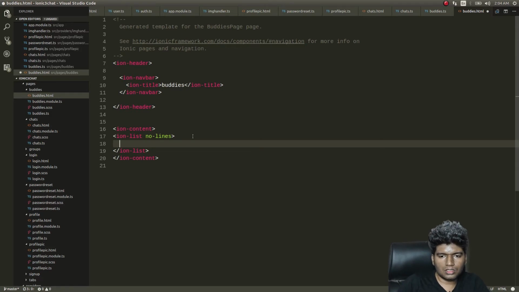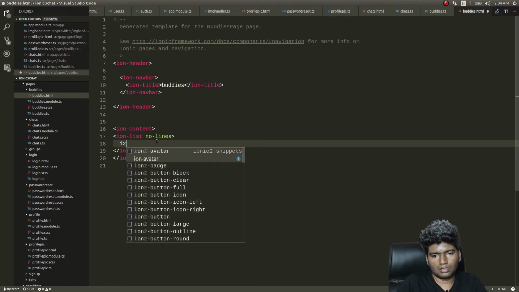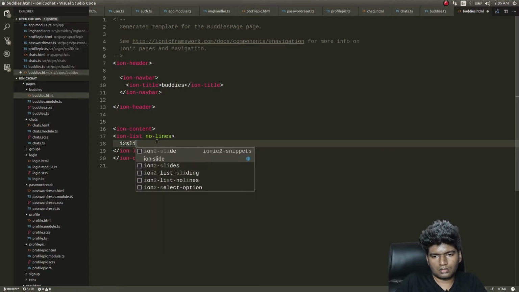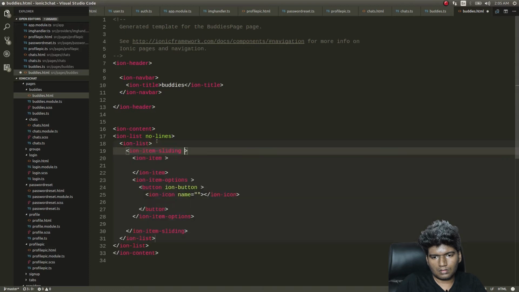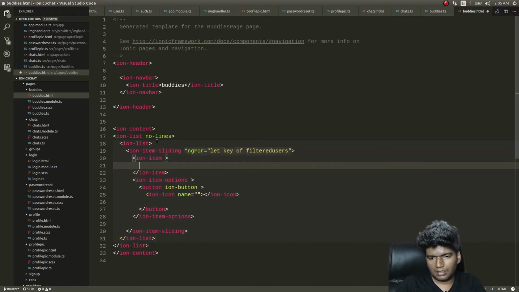So I'll write some UI code. Ion item sliding, ng-for equals let key of filtered users, and inside this ion item I'll write